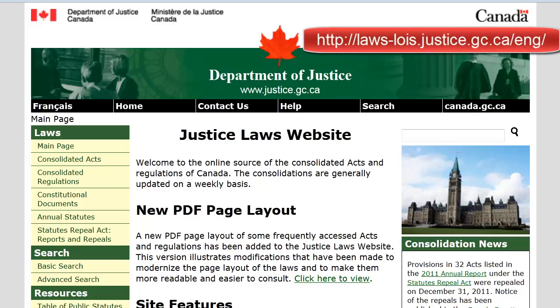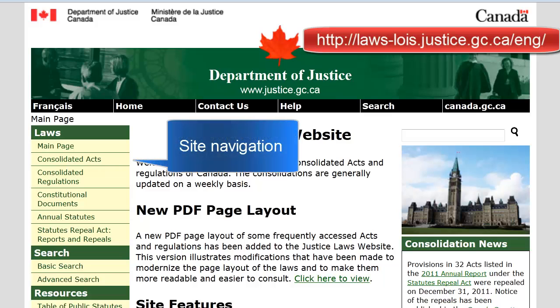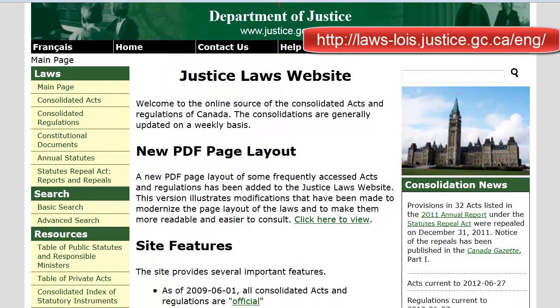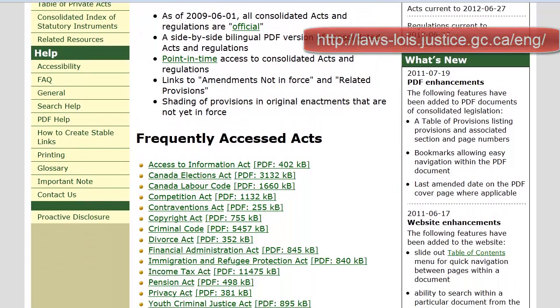Hello and welcome to this tutorial on locating laws using the Justice Laws website. We're going to be looking at how to use navigation of the site to locate laws and also how to use the search features. I'm going to start by showing you that if you scroll down, if you're looking for